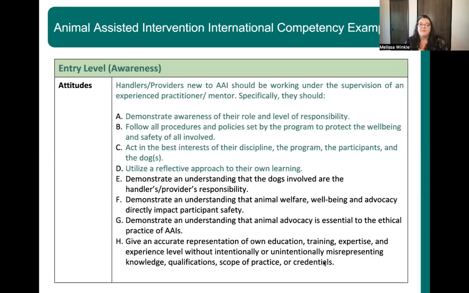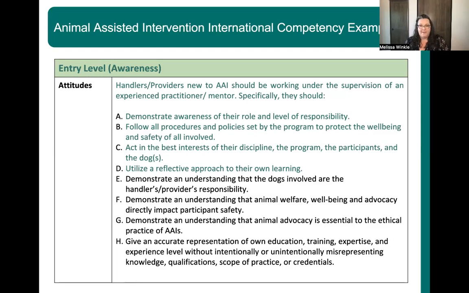Now let's look at the attitudes. Those who are at the entry level or awareness area should be working under the supervision of an experienced practitioner or mentor. And specifically, here are the things they should be doing: demonstrating awareness of their roles and level of responsibility, follow all procedures and policies set by the program to protect the well-being and safety of everybody involved, act in the best interest of their discipline, the program, the participants, and the dogs, to utilize a reflective approach to